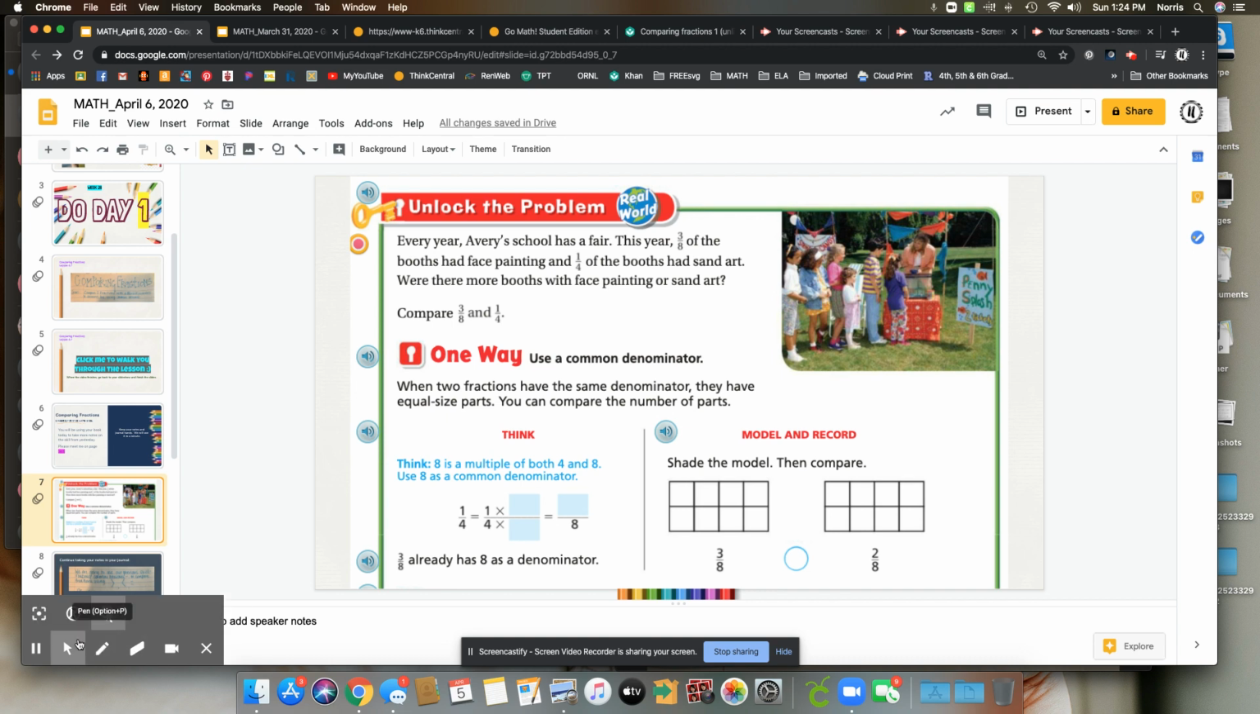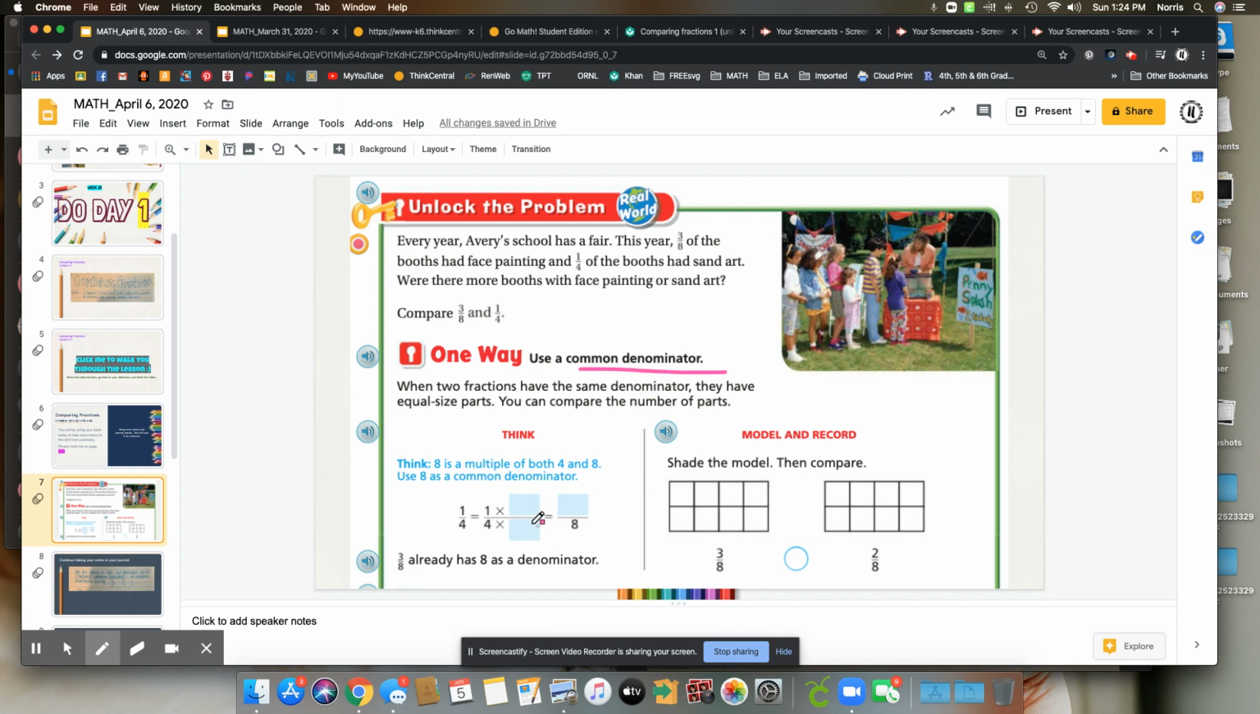Okay, so I'm going to try clicking this pen so I can fill in notes with you. Make sure you fill it in the book, okay? So when two fractions have the same denominator, they have equal sized parts. When we have those equal sized parts, then we're going to be able to look at the numerator because that's going to tell us how many is shaded and that's going to tell us the size that is bigger or smaller or equal. Okay, so we are going to compare 1/4 and 3/8 and we're going to find that common